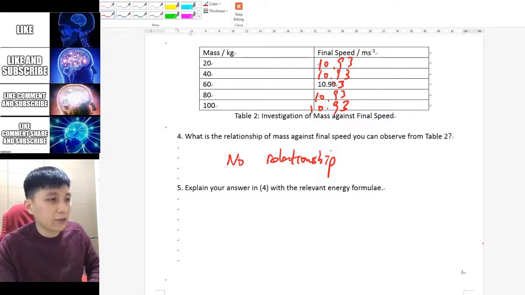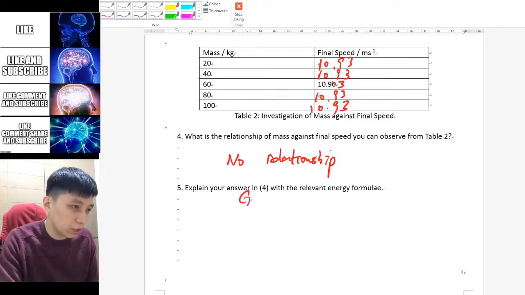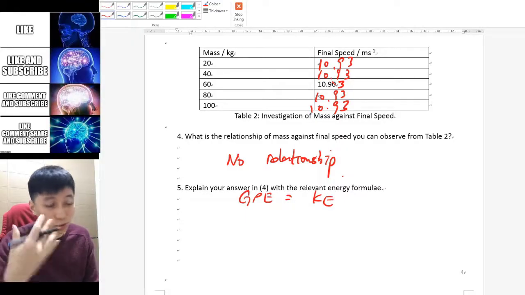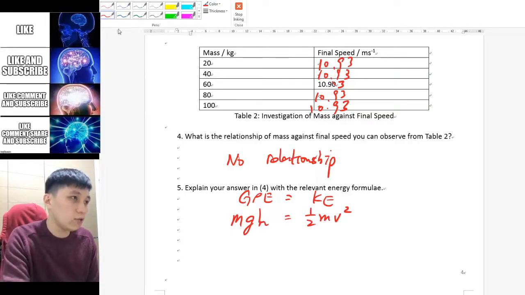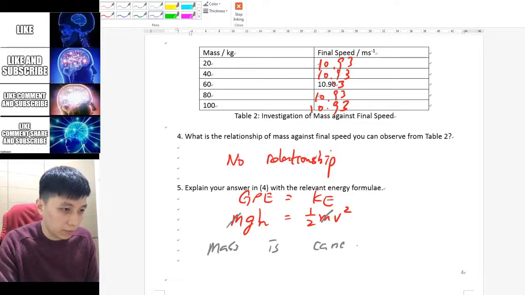So number 5 asks you how to explain using the relevant formula. So in fact, it's the same sort of formula that you have earlier. So GPE equals KE, because we are also doing the same kind of motion. So mgh equals half mv squared. And you can say that, hey, because of this, we can see that m is cancelled out. So mass is cancelled out